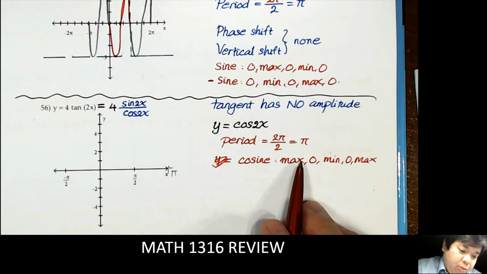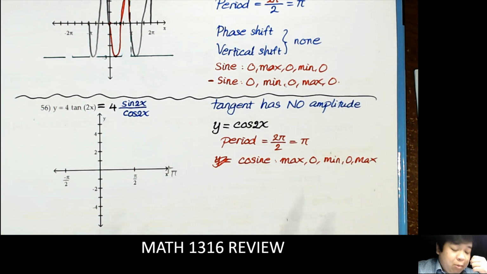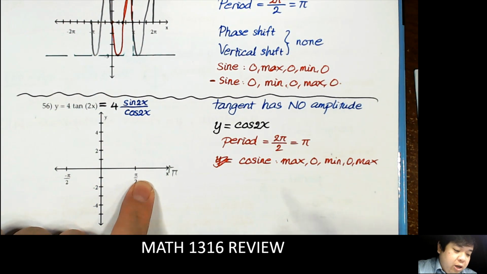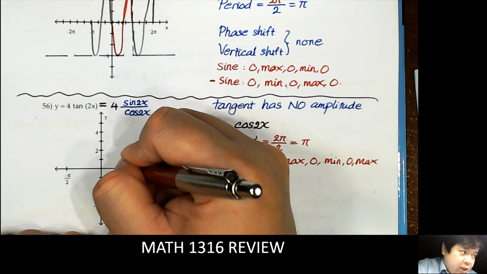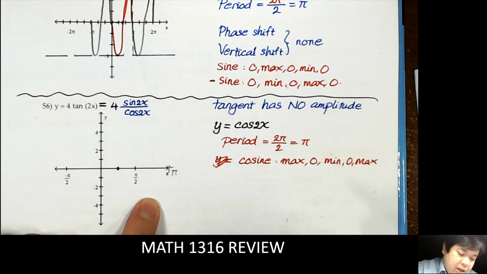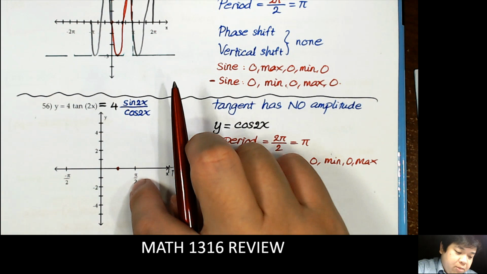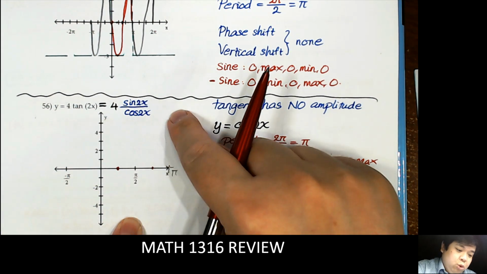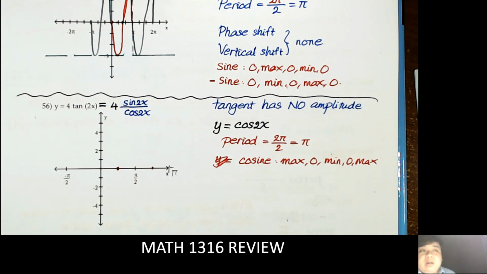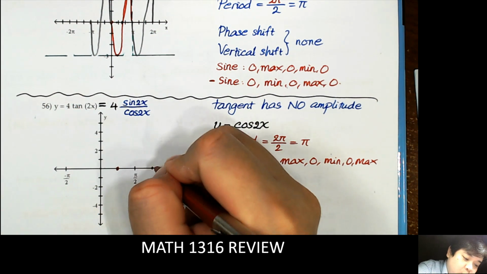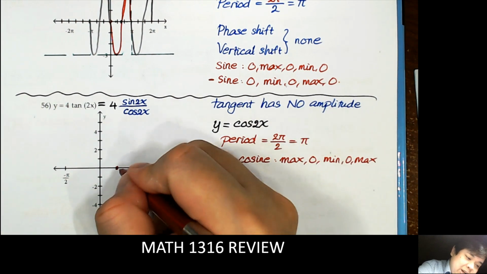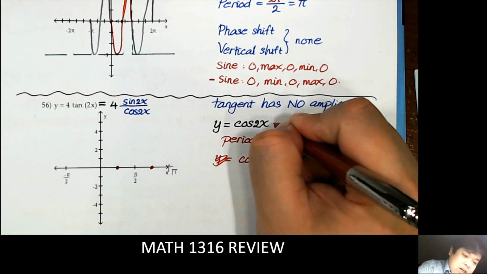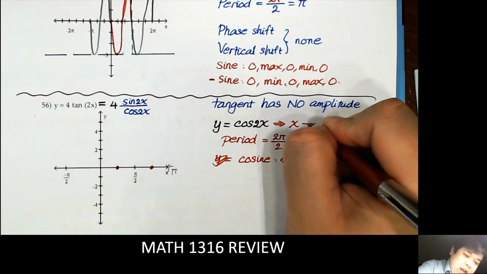And so the cosine, again, we don't worry about the amplitude here, so we start with max, could be anywhere, but it will get to 0 a quarter of the way, so it will be here, and then minimum doesn't matter where it is, and then it gets back to 0, and then goes to the max. We don't need the maximum or the minimum, we just know that the values where the cosine equals 0 will be at this point and this point, which is halfway. So we can say that cosine equals 0 when x equals